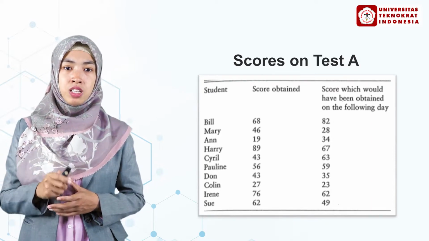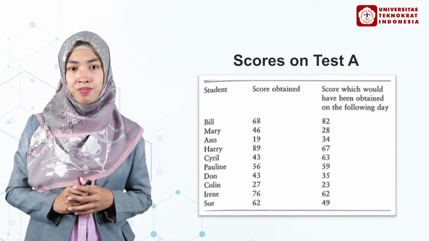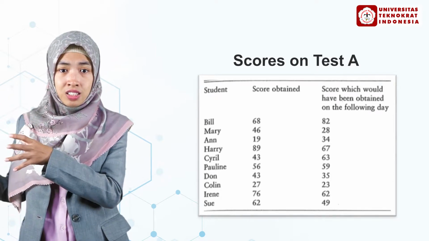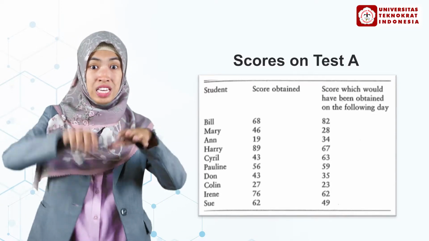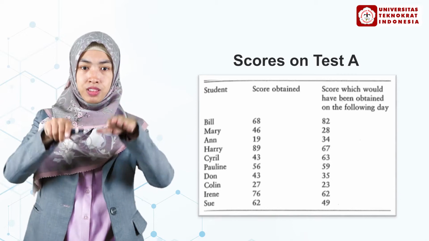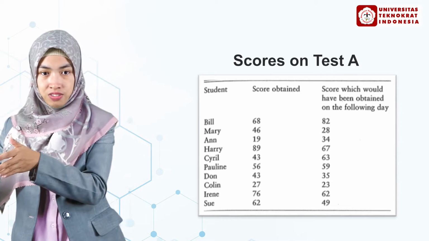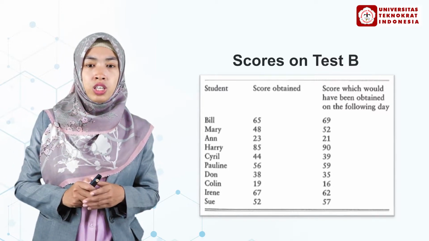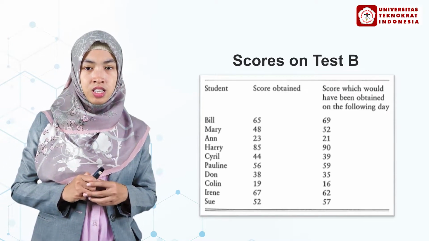In the scores on task A, the score obtained is 68. And then the score obtained on the following day is 82. So it is a totally big gap between the first result and the next result. Now let's compare to the scores on task B with the same student, Bill. The first time, Bill obtained 65. And then after that,